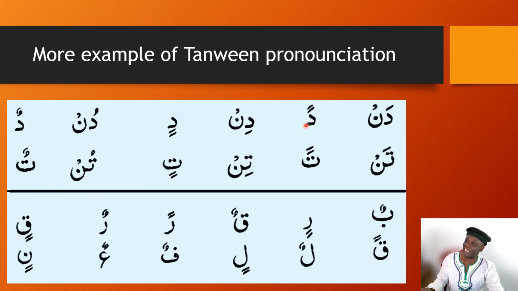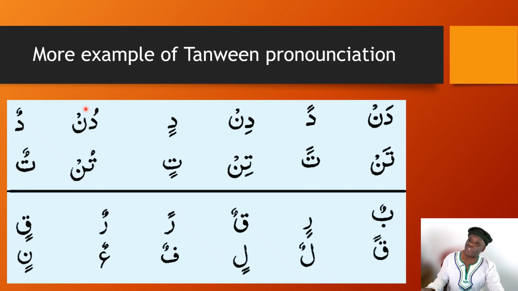So done. Now we have another example here. We've got dal here with kasra and noon with jazm, which is din. But here we have another dal with kasratain, double kasras, and this pronunciation gives you the same as this pronunciation: din, din. Now let's look at the third example, which is dal with dhamma, do, and noon with jazm, dun,